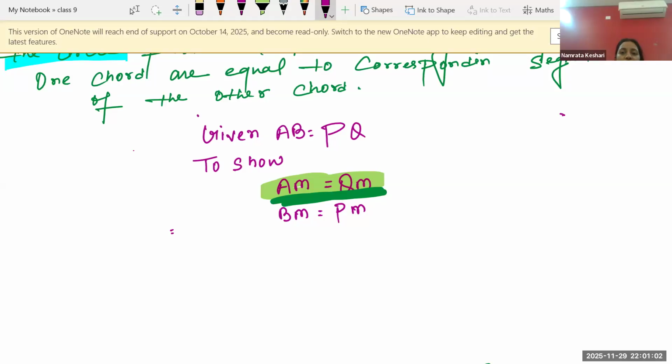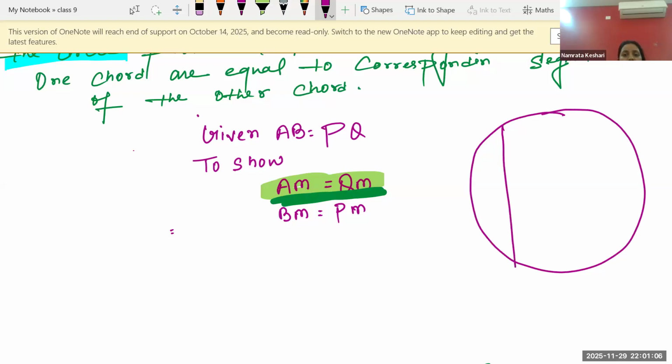Okay, so you have a circle. There is a chord AB, there is a chord PQ. Both are intersecting each other. Maybe the point of intersection is M. There must be a center. We are dropping the perpendicular from the center. So the construction I am writing